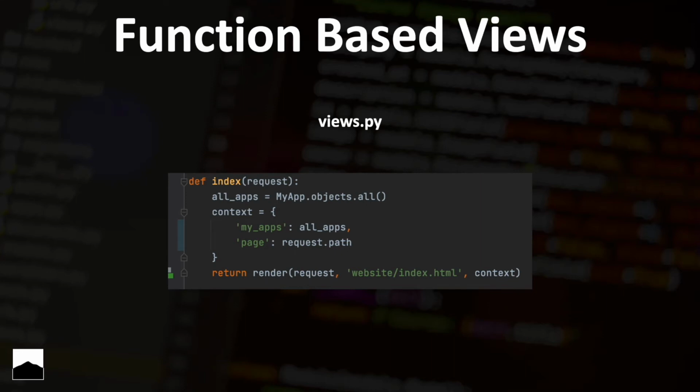Function-based views are very simple. They don't require that much knowledge in Django. So we basically build a function that takes a request as an argument, and then we can do our logic there. For now, we only did something very simple. So in all apps, we put all the apps. So my app